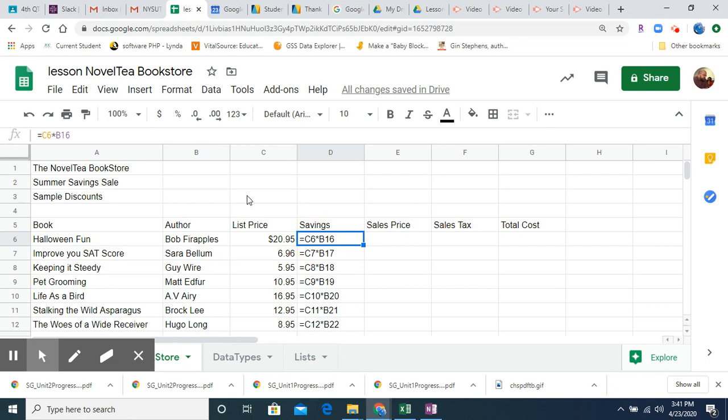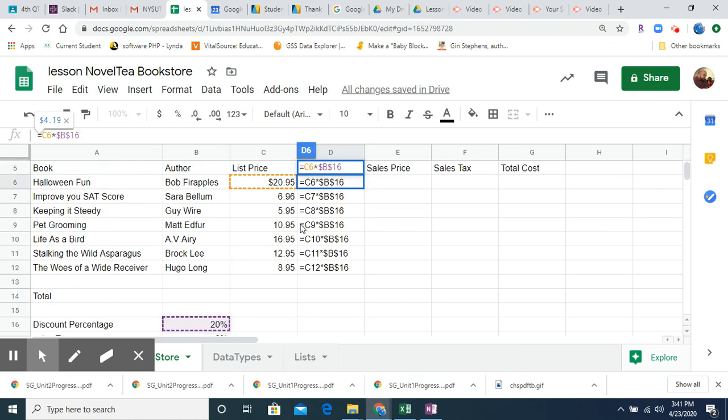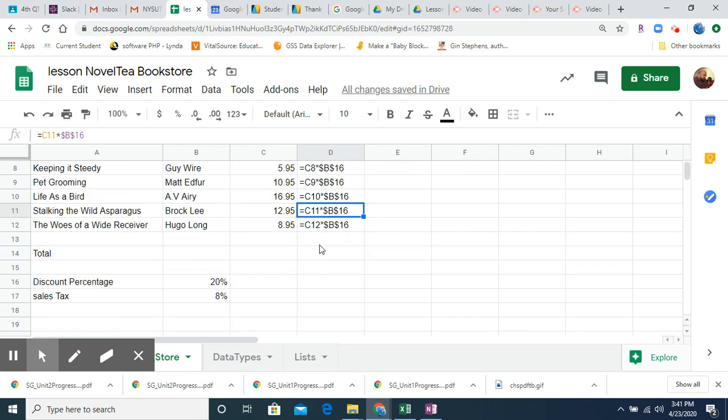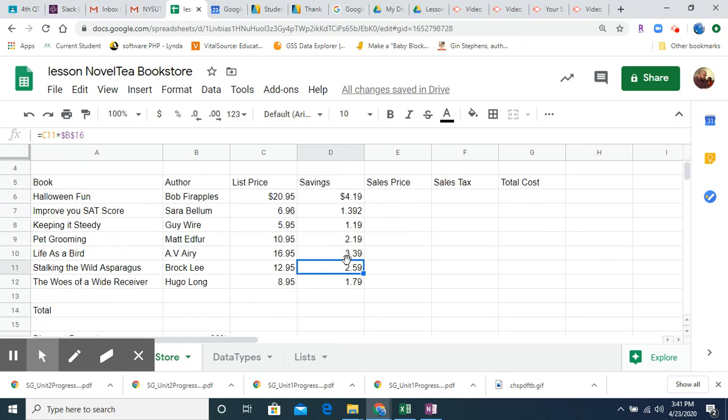So I'm going to go back up into that cell. I'm going to click after it, and I'm going to put a dollar sign in front of the B and a dollar sign in front of the 16. Okay? Now, by doing that, when I fill it down, it's always 16. It's always multiplying B16. So now when I click on a cell and edit it, no matter where I am, it's going to stay with that cell. See, it's still 20%. So now, when I look at the values, these are all